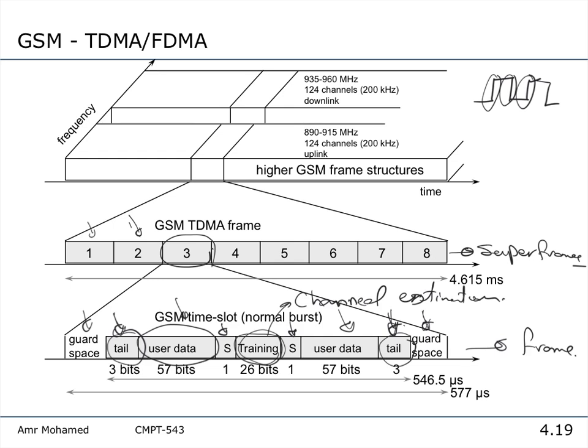Yes, why did they design the frame to have like 8 slots? Is there a reasoning behind this? As I said, there are some empirical studies that lead to this. If you increase the number of slots for a very, very long time, then it reduces the amount of control you can have. Because as we said, you can, for example, perform frequency hopping after one super frame. So if I increase the number of time slots, for example to 200, then I perform less frequency hopping